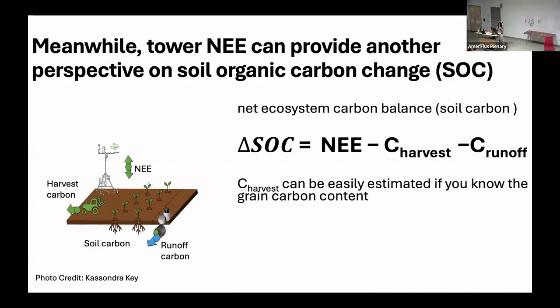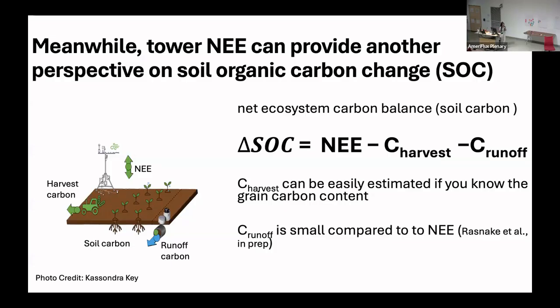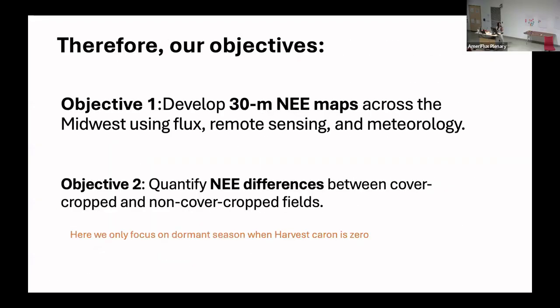The harvest carbon can be easily estimated if you know the grain carbon content. The runoff carbon is small compared to NEE data. We do have some measurements in Indiana showing the runoff carbon is negligible, but in other ecosystems it might not be. So that's one note. Based on all these understandings, our objective is to develop 30-meter NEE maps